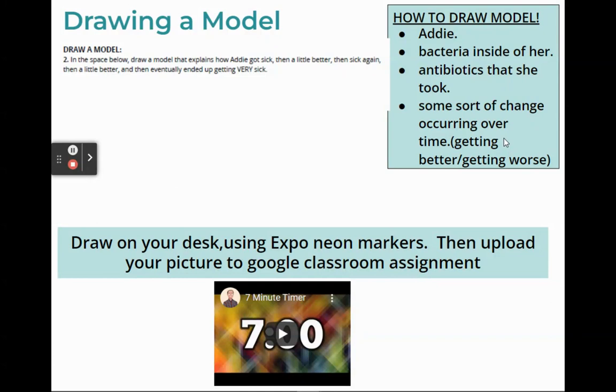You can work with the person next to you to draw it, or y'all can each do y'all's own model, however you like. The colors are in the boxes, so either you can do your own model, or you can work with the person sitting next to you and y'all can create a model together. Yes, so get your clip and bring it here. You can draw stick figures. Say that again? Yeah, so basically you're illustrating